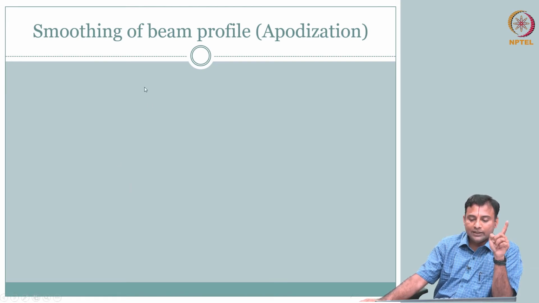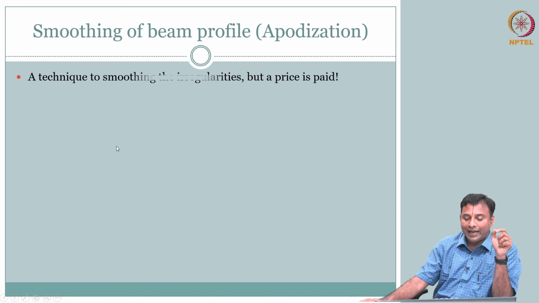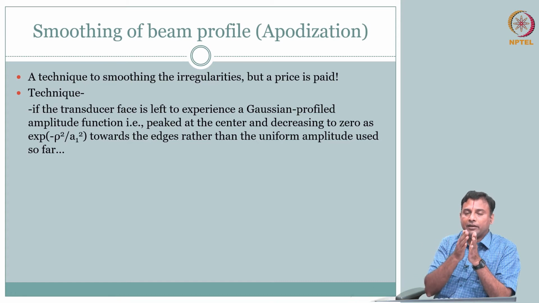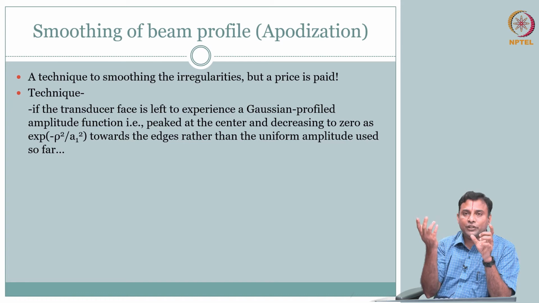Before we do that, let us just complete this beam profile that I was talking about, your rectangular function, hamming window. So you could do that here. What we can do is have the crystal, but make sure that the crystal is not excited uniformly, you have some weighting. So the center point gets the maximum weighting. As you go towards the end, you have less weighting, and how much weighting you give can be determined based on your window function.